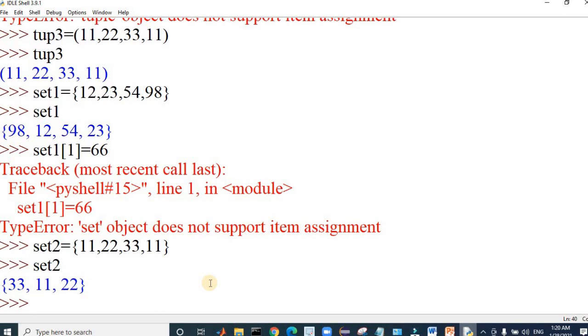So let us see if it allows other data types.